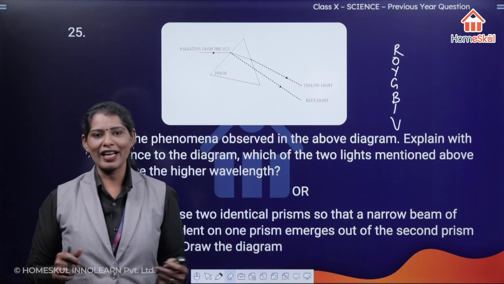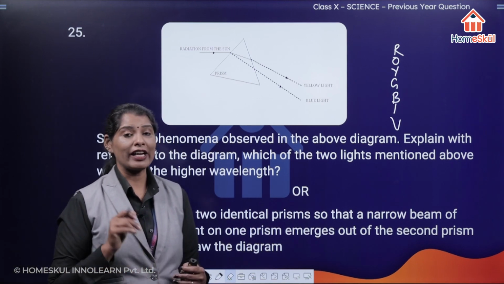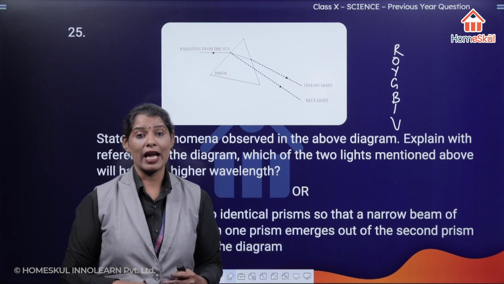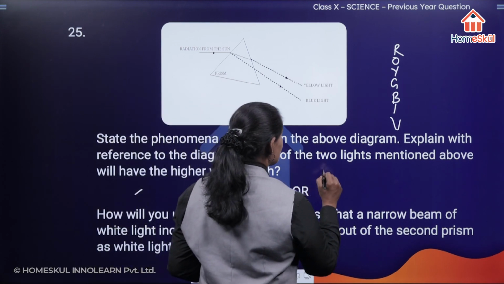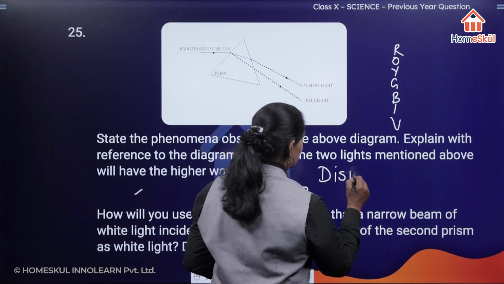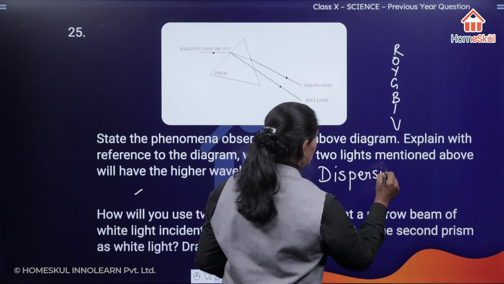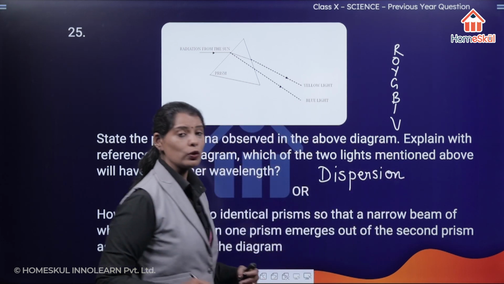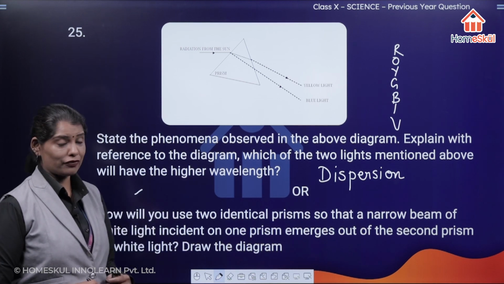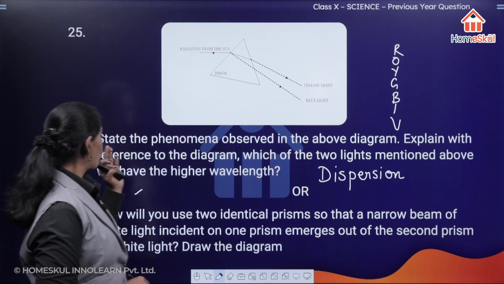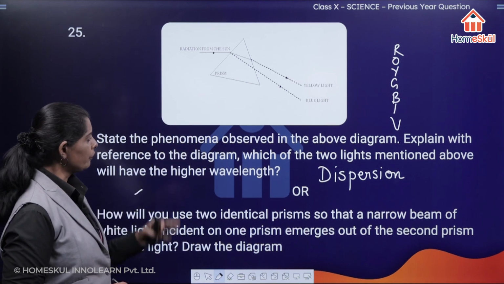And what do we call that phenomena? The splitting up of white light into 7 colors, we call it dispersion of light. Yes, you have learned already. So, the phenomena responsible here is dispersion of light, that is splitting of white light into its component colors. Clear? Now, coming to the second part of the question here, explain with reference to this diagram which of the